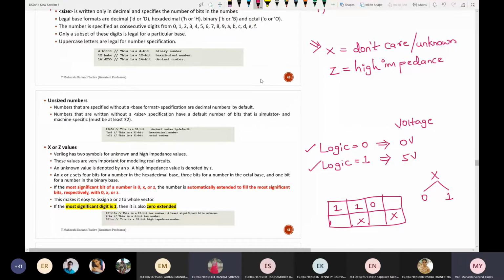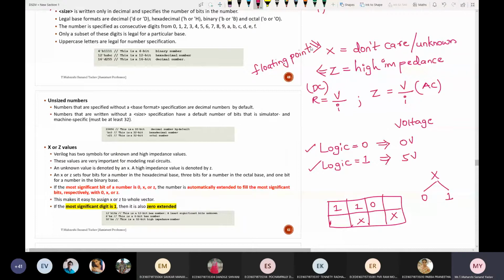Resistance stops the flow of current. Impedance, with inductors and capacitors, is for AC, while resistance is for DC. Remember this point. At the same time, high impedance is also called floating point.